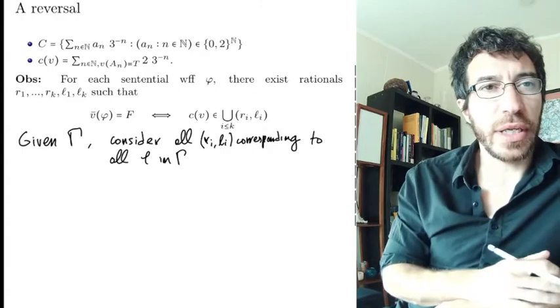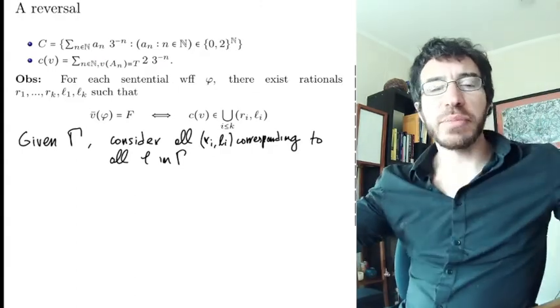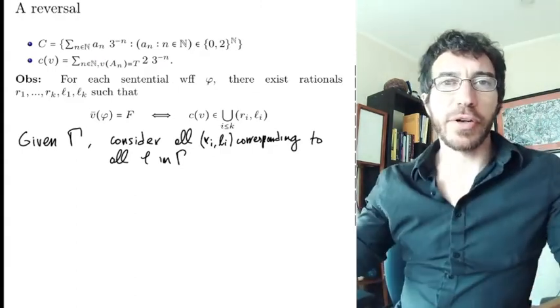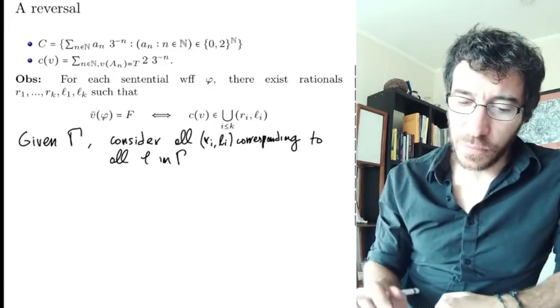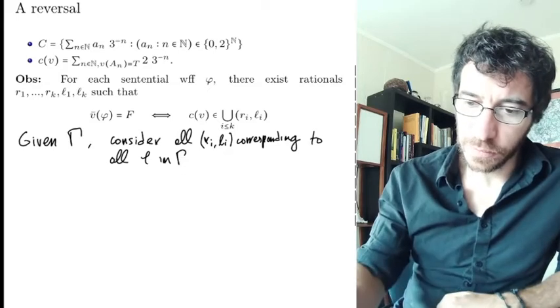So put all of these together. For each one we have finitely many. Put all of them together. Now we have a lot of intervals. We have infinitely many intervals. And then what do we know? So now we know